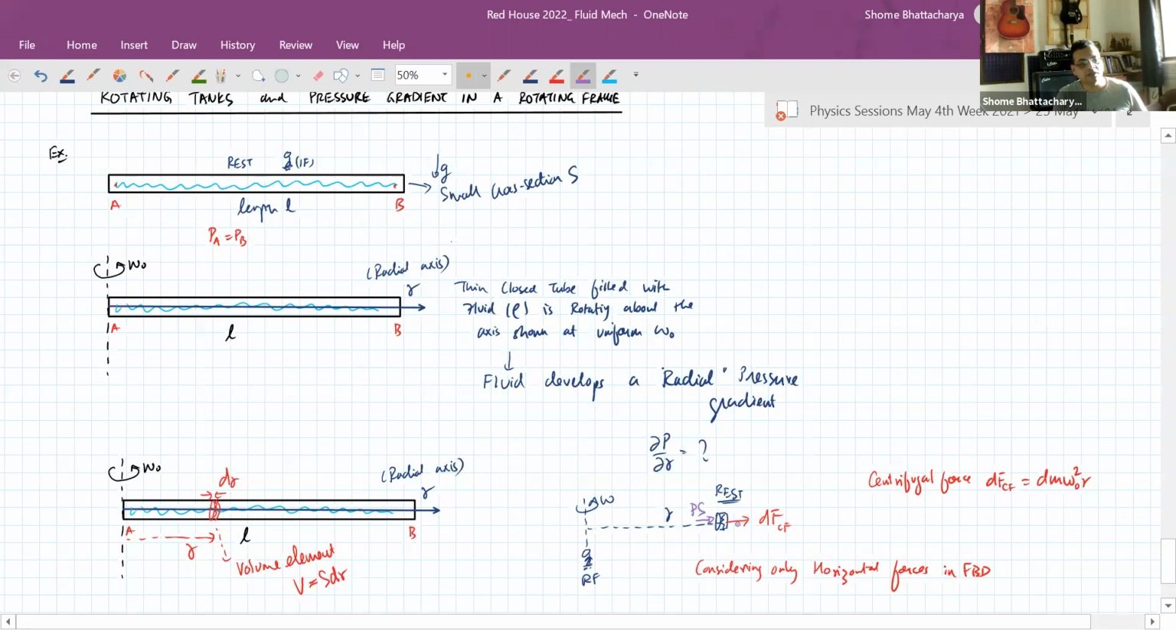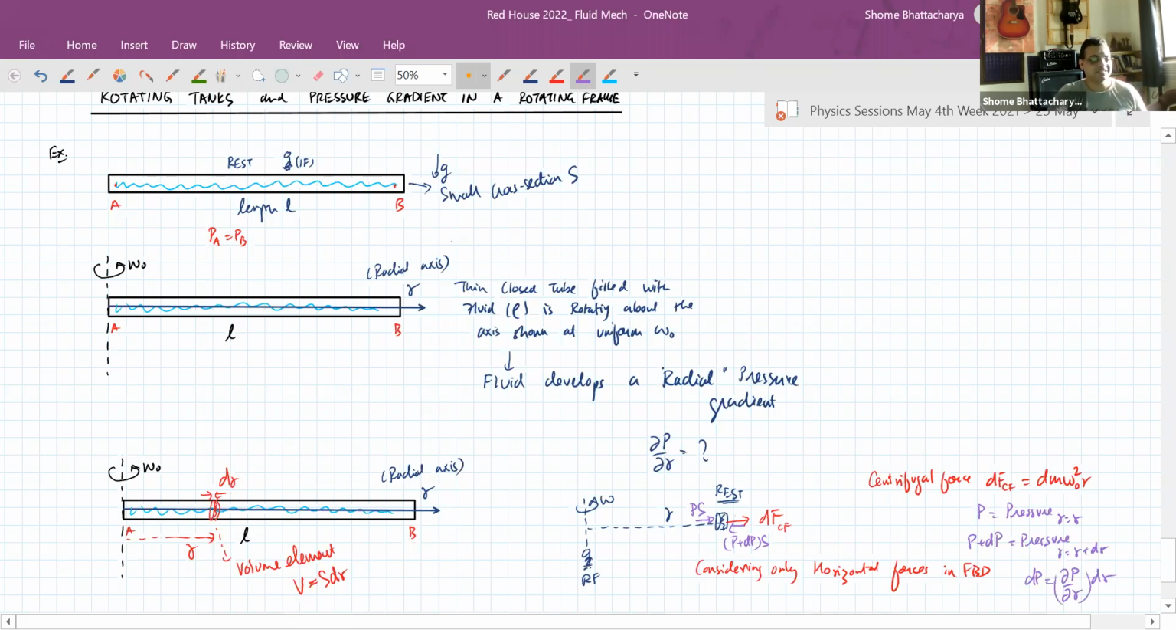So pressure into area, and from this side, P plus dP into area, where P is the pressure at r equal to r, and P plus dP is the pressure at a radial coordinate of r plus dr. So once again, the change in pressure is the radial pressure gradient, del P by del r, into dr. So when you balance these forces in the horizontal dimension for that volume element, you will see that